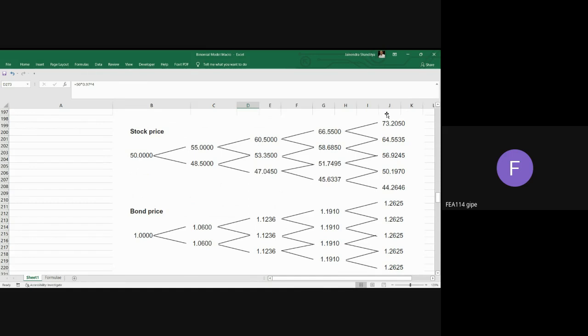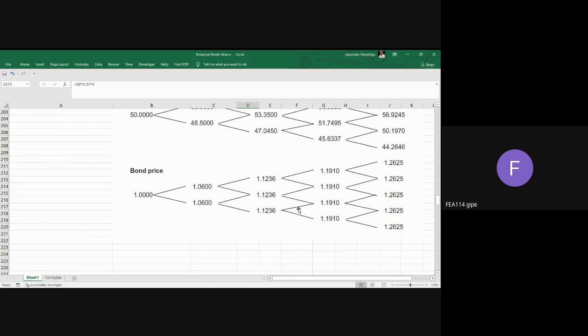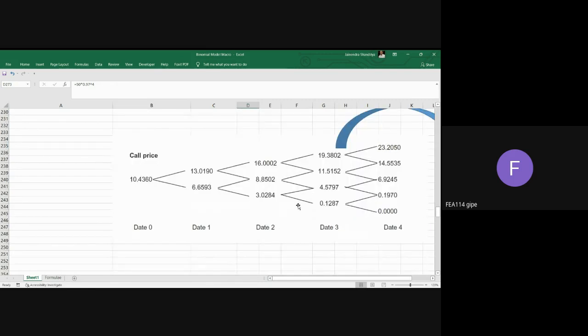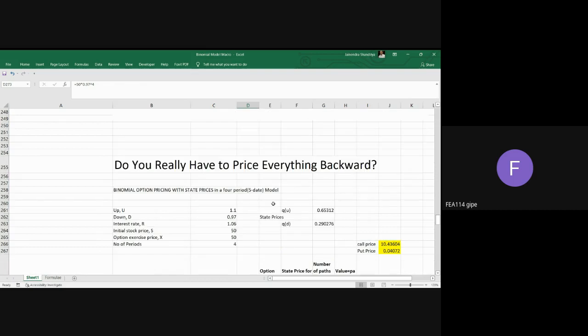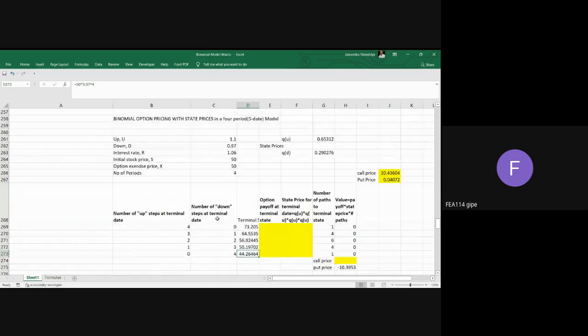So the top price and the bottom price are only possible if the stock goes only up or only down. For in-between prices, it's possible that it can go up and go down depending on the path it traverses. The 3 middle nodes that you are seeing can be attained by any of these paths. So if this is the situation, then what is the option payoff at the terminal state? The option payoff at the terminal state will be this price